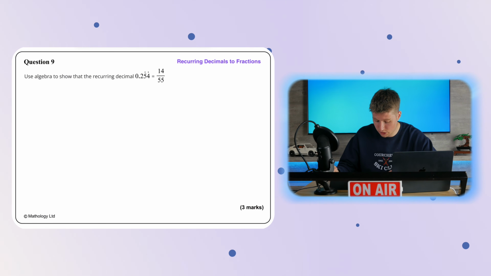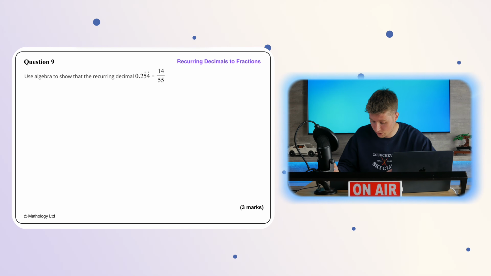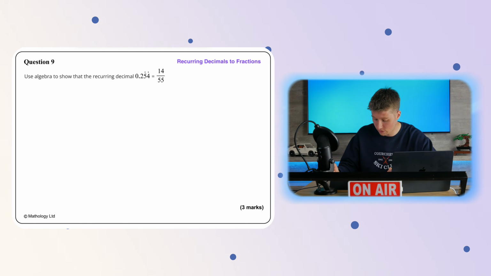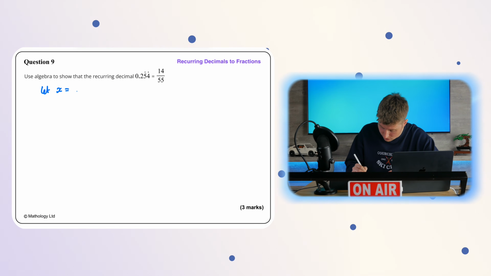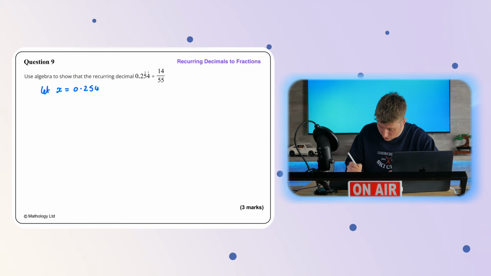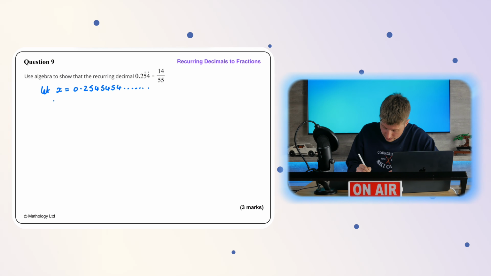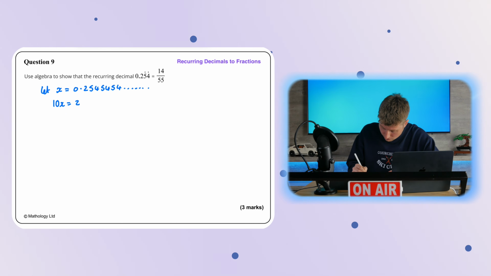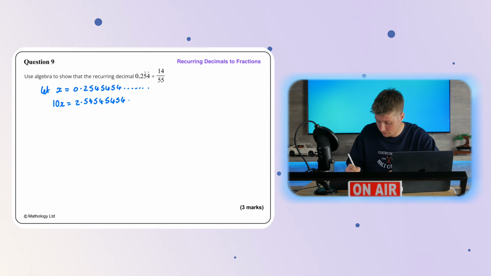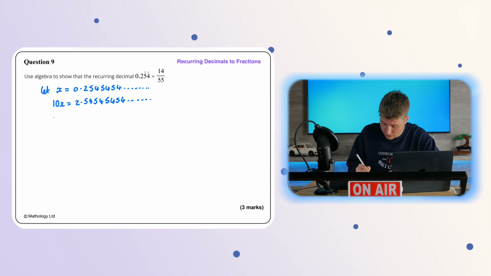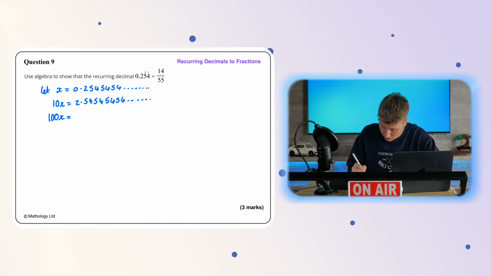Question 9 says use algebra to show that the recurring decimal 0.2545454 and so on is equal to 14 over 55. So the method to do this is to say let x equal the decimal, so 0.2545454 and so on. Then we say let 10x equal 2.54545454 and so on. And then we say let 100x equal